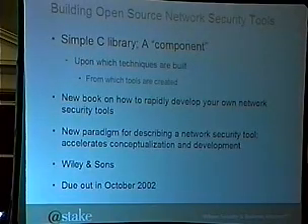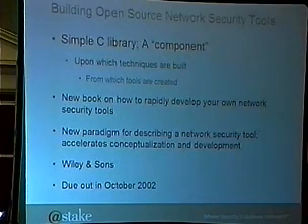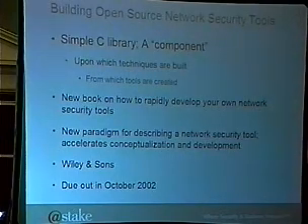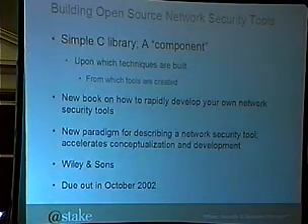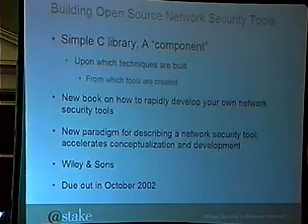This is not meant to be a book plug in any way, shape, or form, but just to mention it. I did write a book for Wiley called Building Open Source Network Security Tools, and I do define a paradigm for defining a network security tool. Radiate fits into this model at the component layer, which is the most fundamental layer. You take components such as Libradiate, Libnet, libpcap, libdnet, OpenSSL, what have you. These are different C libraries that you use to do different security-related things. You use those to build different techniques. A technique might be port scanning, packet sniffing, IP spoofing, encryption, and so on. You combine these techniques to build your network security tools.